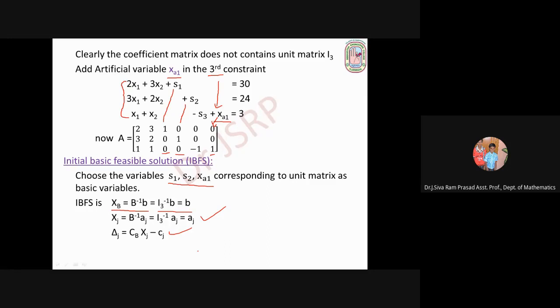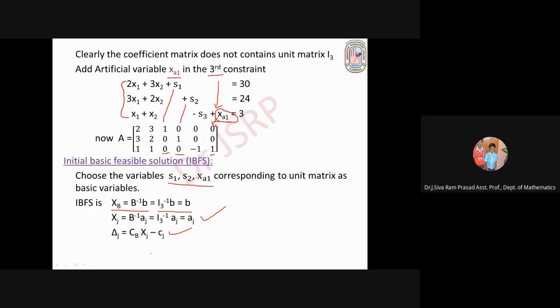Before going to tabular form, here artificial variables are involved. To handle these artificial variables, we have to use the big M method. Big M method is not a separate method, it is a part of the simplex method. Even though the problem asks us to use the simplex method to solve the LPP, if there is an artificial variable involved, we have to use the big M method automatically. At present we have the big M method to handle artificial variables; there is another method we will discuss in the next class.